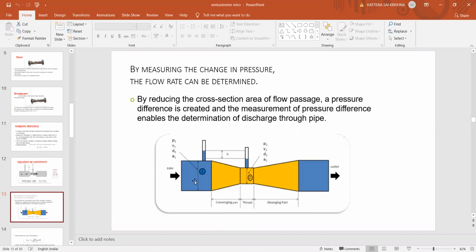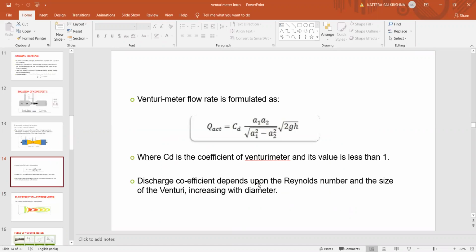That U-tube manometer consists of a manometric fluid, which has more density than the flowing fluid in the pipe. Mostly in our labs, we'll use mercury as our manometric fluid. I'll show that while I'm showing the video of the experiment. Next. So these are the things we need for calculation of our venturimeter.